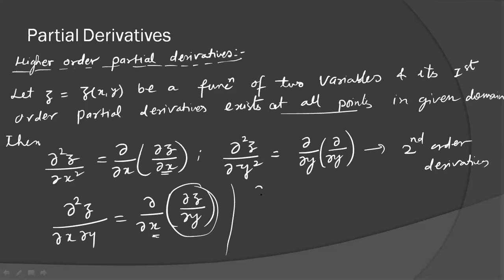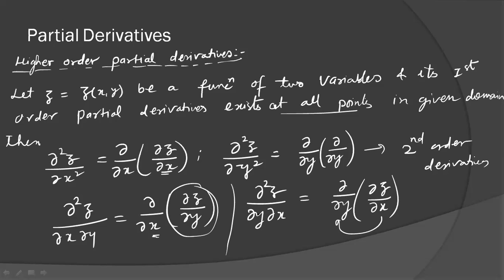And similarly, del 2z over del y del x is the derivative of del z over del x with respect to y again. We have to tackle first this one, then second this. Here the first calculation will be del z over del y, then the second calculation will be del by del x. Here the first calculation will be del z by del x, and the second calculation will be del by del y. So these are called